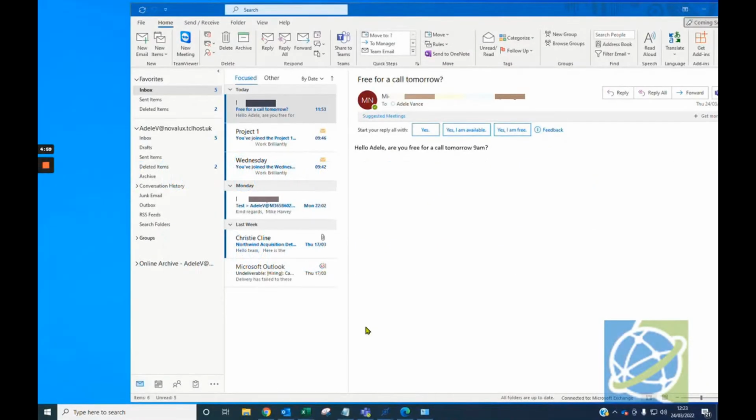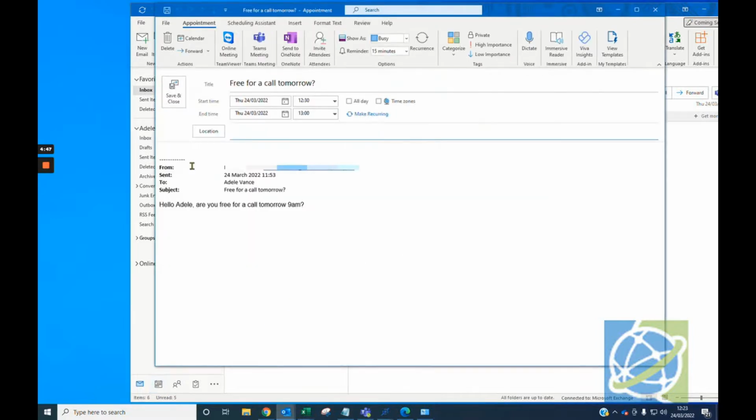In this video I'm going to show you how to turn an email into a task. So you click and hold on the email that you want to turn into a task, drag it down to your calendar, wait for the calendar to highlight blue and then let go, and this will open up the email as a calendar entry. So you just change the date and time as required, add a note if needed,